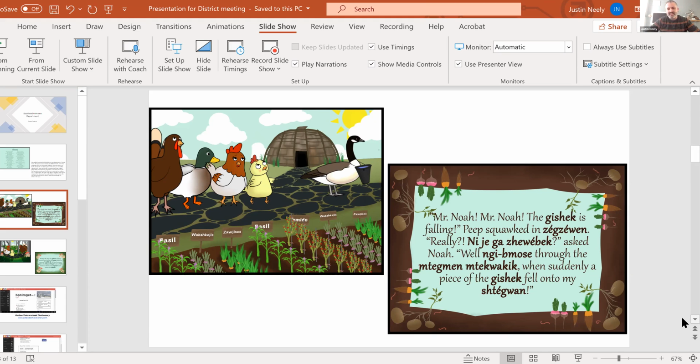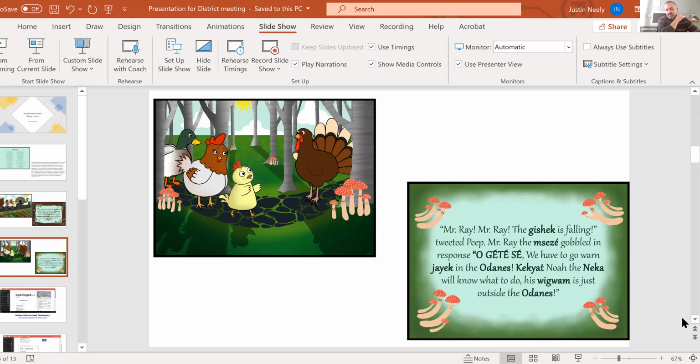And at the end, again, Reagan Marcy in our department did all the artwork for it. And it's a cute little story. I think kids will enjoy it. But we've got, like I said, a variety of different stories. We've got some with an alphabet book, some with just some basic